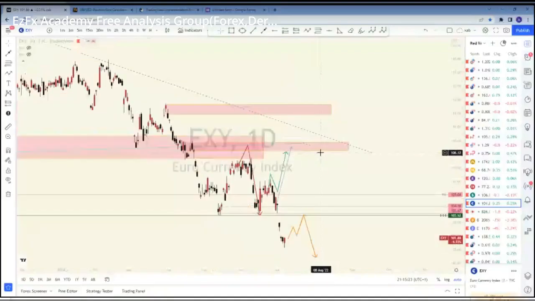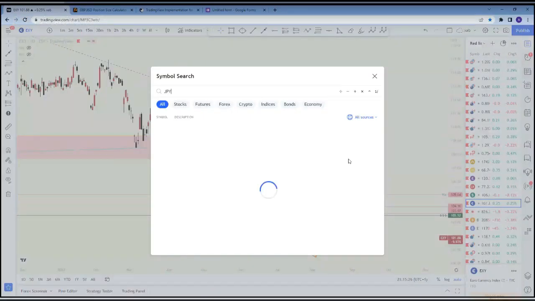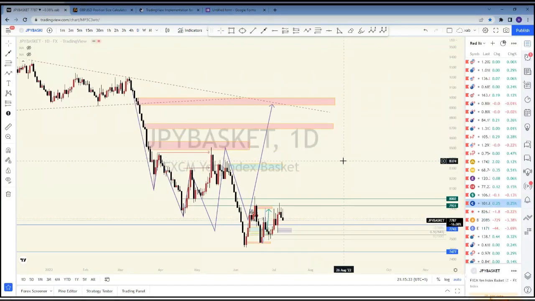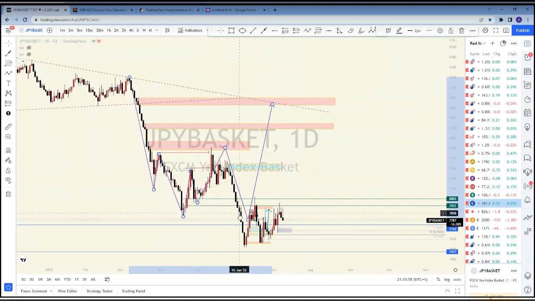The next one, let's look at JPY basket. So this was JPY basket. I think this was the analysis from last week. Was it last week? No, this was from last month. We talked about the fact that it was going to come this far and then drop this low, and then we could start to talk about some other movements. But so far we've seen that JPY has done something else entirely, which means that we now have this already.